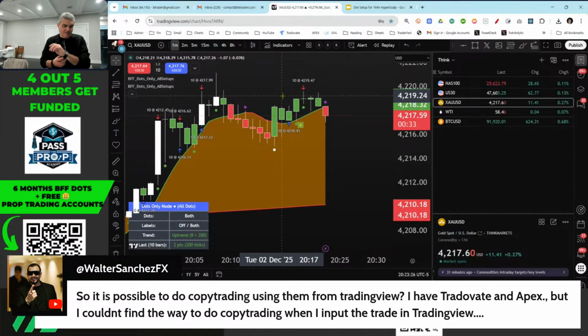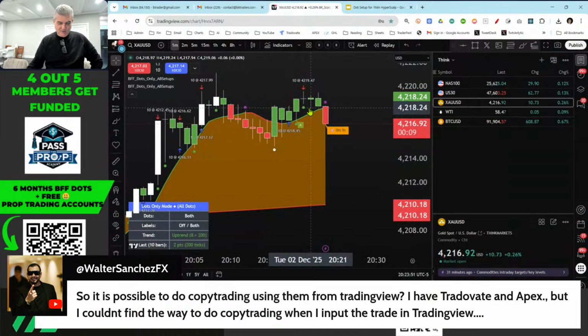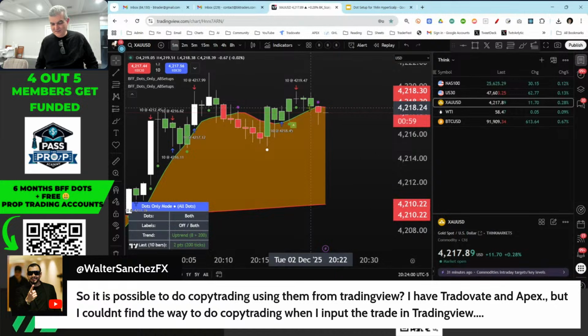Can I run through the settings on the dots? Lynn, I'm going to do this tomorrow because I want to give you guys the PDF. I have the basic constructs, but I also want to do a preamble that shows what the dots are, what the rules are, and how they exist for the hyper scalp, and then let you download it tomorrow. So I'll do it tomorrow because I don't want to go through a whole lesson today. It's another reason for you to come hang out with me tomorrow night. It'll be a perfect reason to come trade with us then.